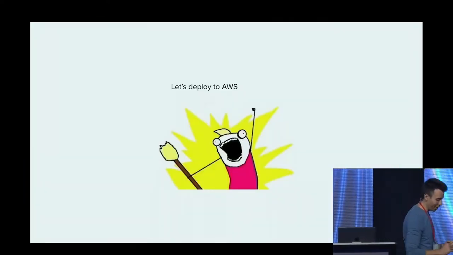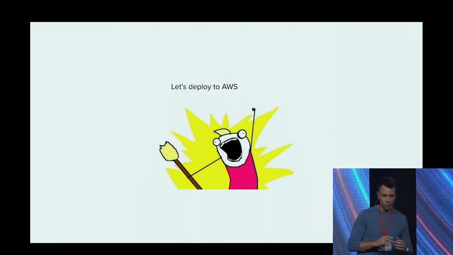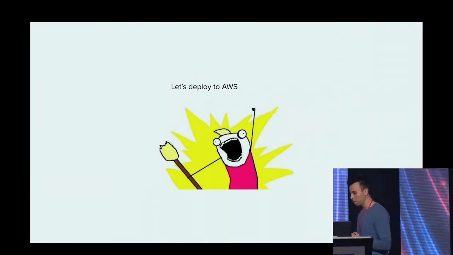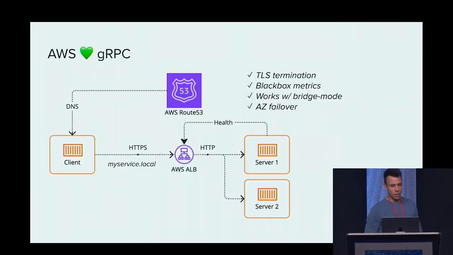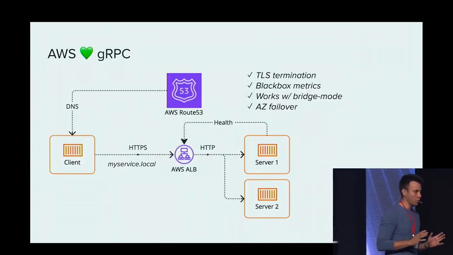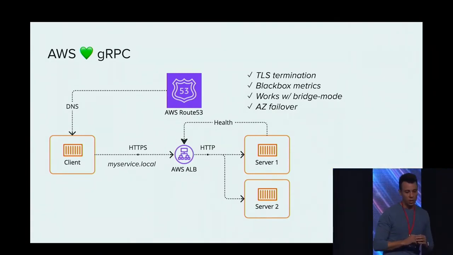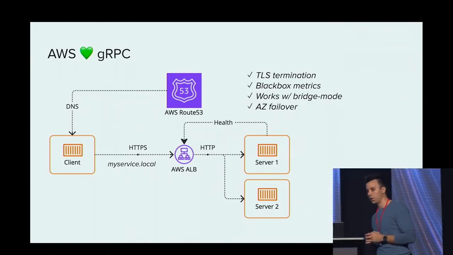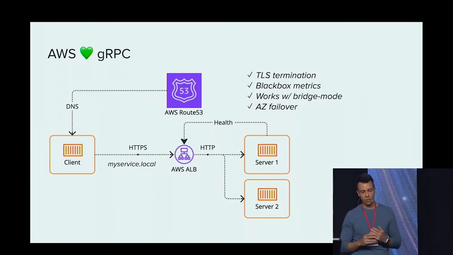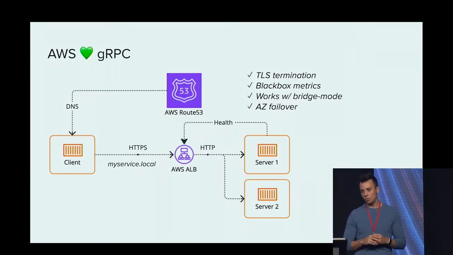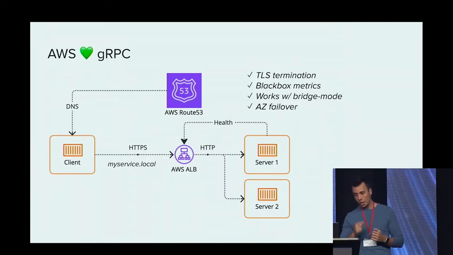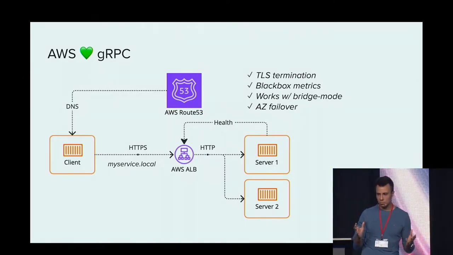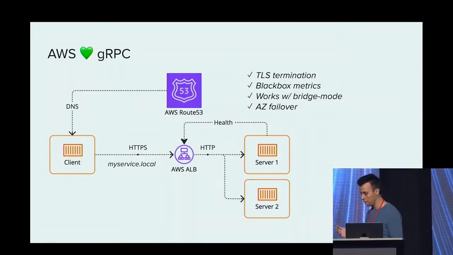So, okay, we're ready. We've played with our container. It works well. We tested it. Everything's cool. We want to deploy it to AWS. And it turns out AWS loves gRPC. So it's quite simple. You read the documentation. It's good documentation, good community. It's fairly simple. You deploy your container, let's say in ECS. You then also provision a load balancer, and this load balancer connects to your services and integrates. You can integrate it easily in the DNS service.